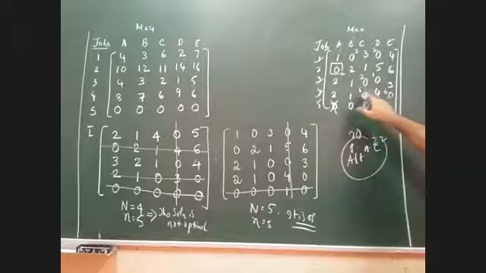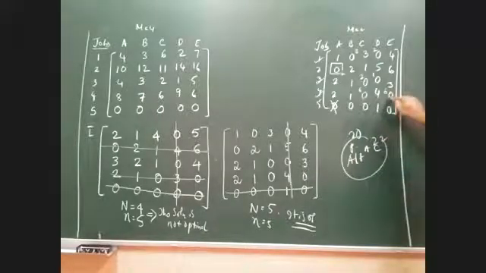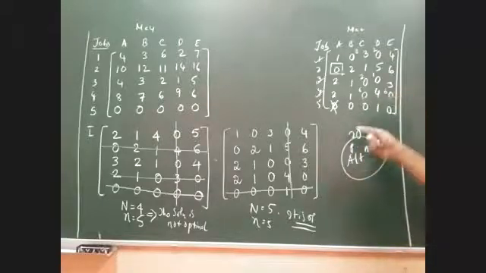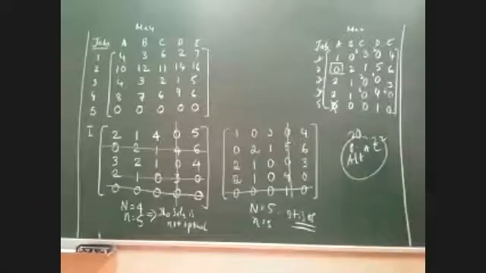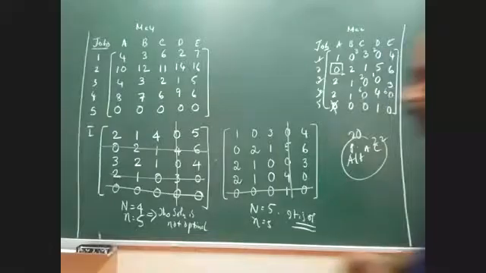Otherwise, if you first assign, you will get some answer. When you completely solve the problem, you get some answer. Next step, start the allocation from this 0 and see if there are any changes. Okay? Check. That is the extra step you are supposed to do only when the highest corresponding value happens to be same. Is that clear, everyone? Okay, sir. Okay, now let me solve this problem.